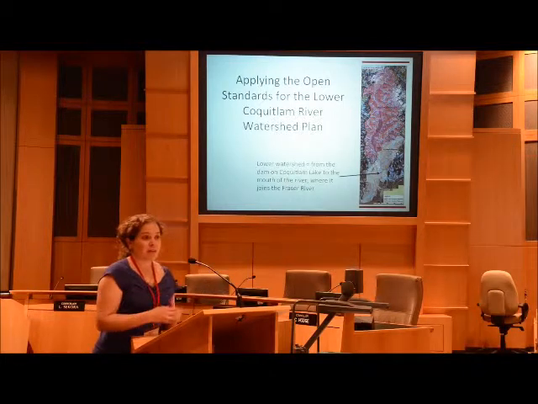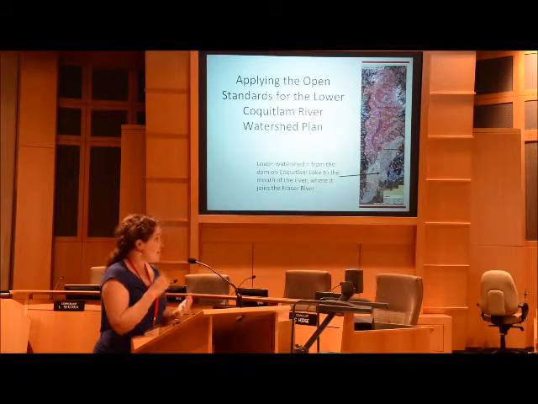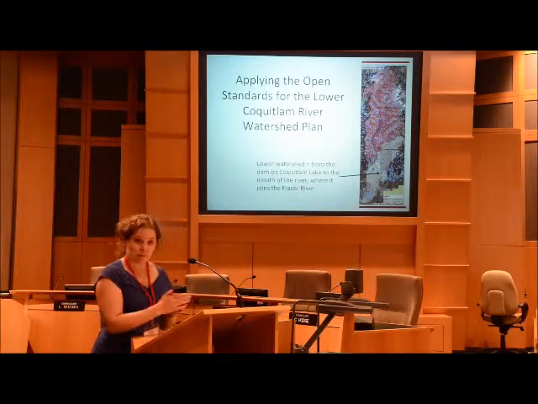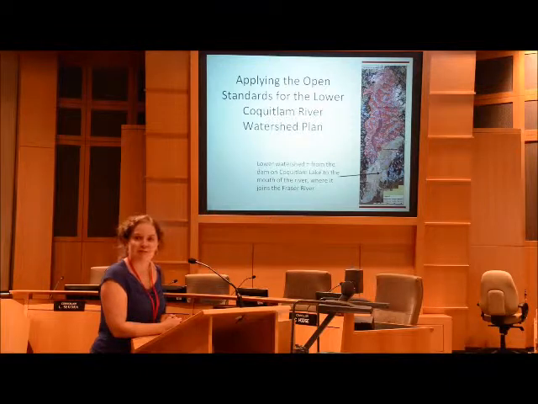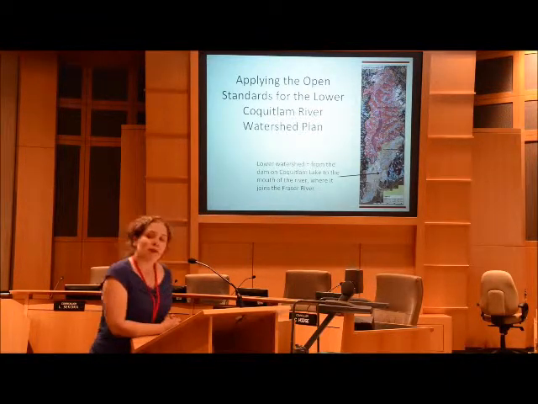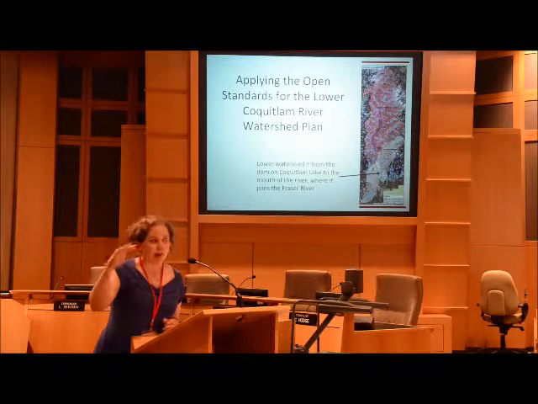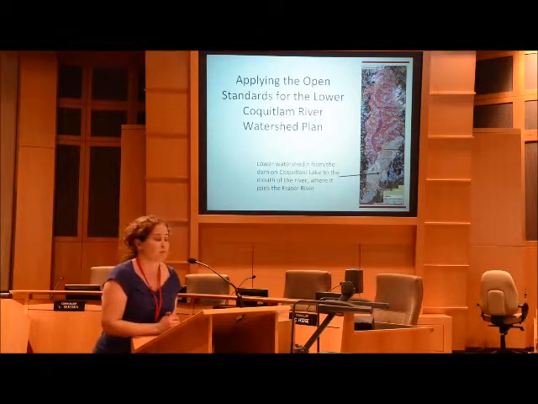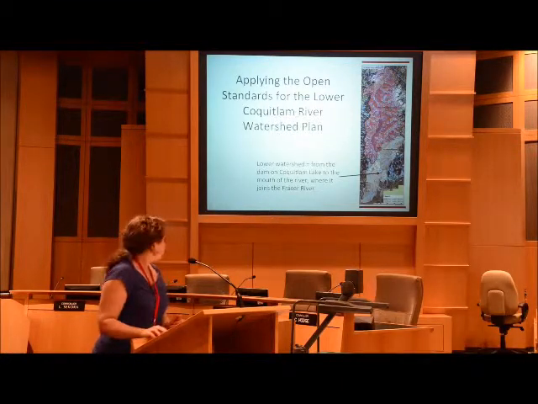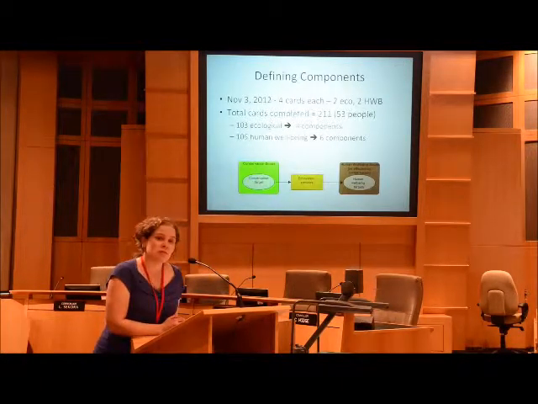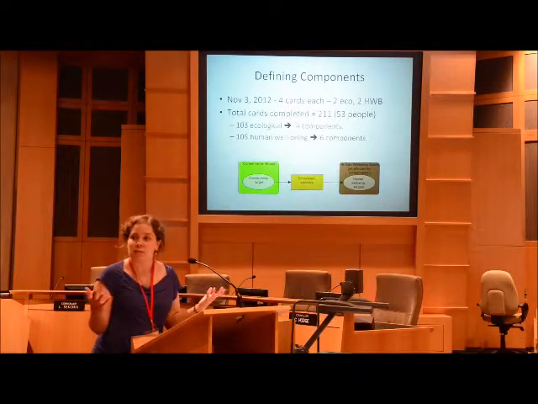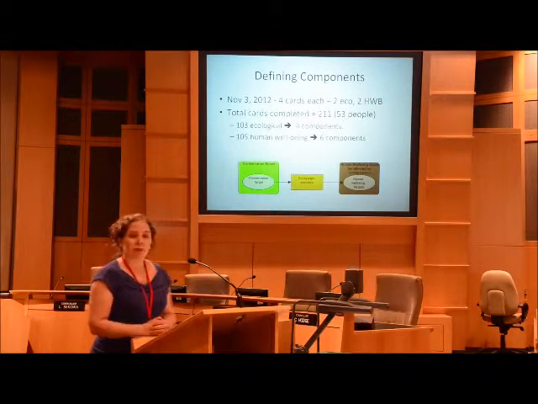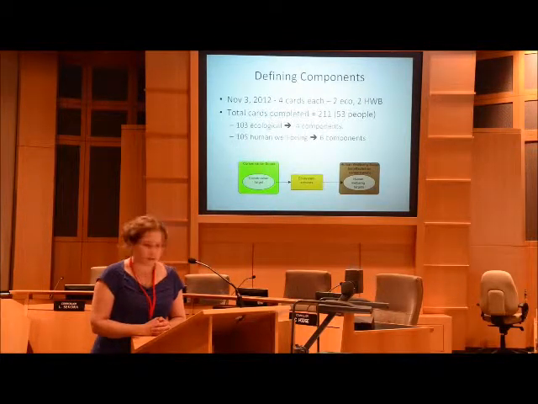So as Abby mentioned, we'd done a lot of work already to define our project team, and the vision for the watershed, which was work that the Roundtable had done in those years leading up to the initiation of this watershed plan. We've defined the scope of the plan from the dam at Coquitlam Lake down to the mouth of the river, that approximately 18-kilometer stretch of river. And so what we've been doing since November is trying to define these components that will basically provide the framework for our watershed plan. We kicked this off at the Roundtable meeting last November.